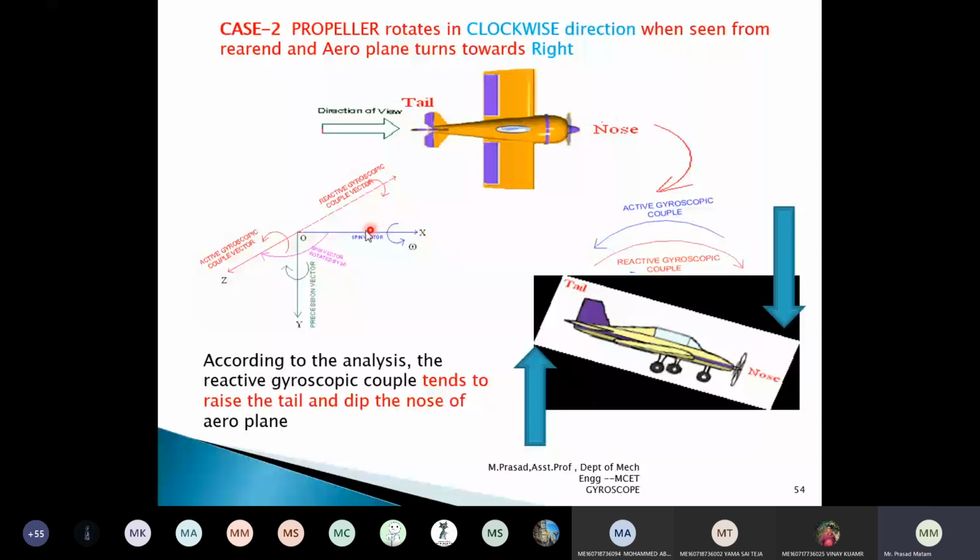So where you are getting the precession vector here, I already told. When the aeroplane or ship is taking a left turn, the precession vector is always in the upward direction. When it is taking a right turn, the precession vector is along the downward direction. Once you fix these two, then we can know where we will get the active couple and where we are going to get the reactive couple. From this, rotate the spin vector by an angle of 90 degrees. This is the portion where we get the active couple. Exactly opposite to the active couple, we are going to draw the reactive couple here. This is my reactive couple, and we will get the gyroscopic effect. I will explain one by one by drawing neatly.